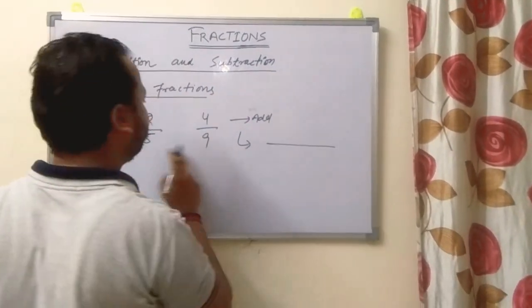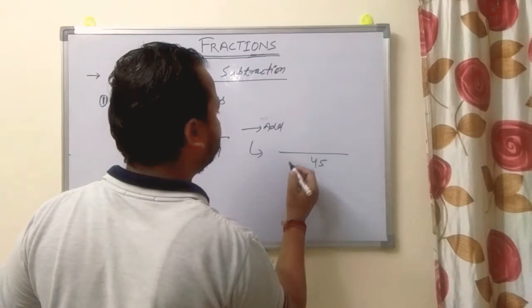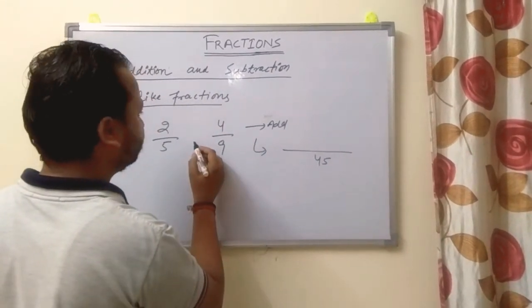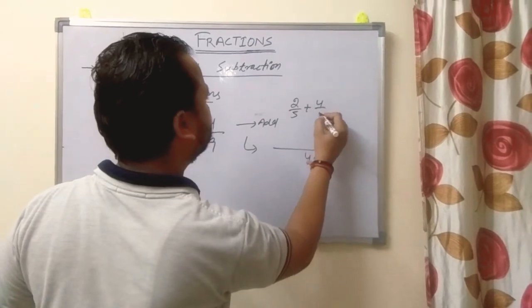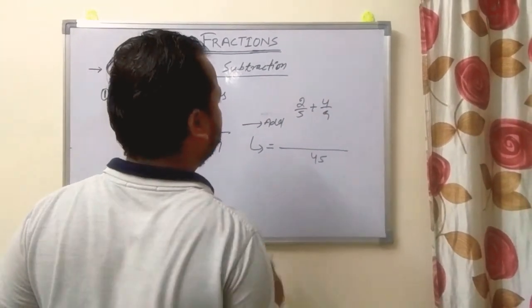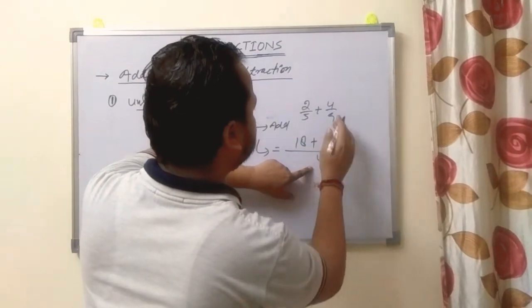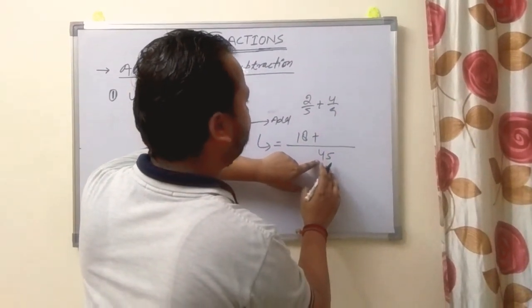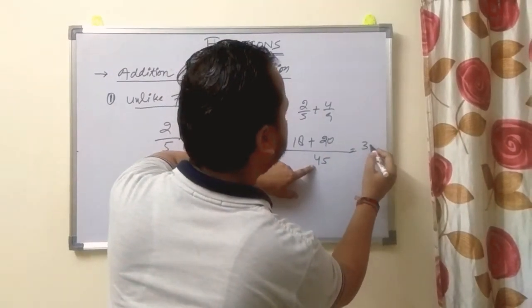Take the LCM of 5 and 9, that is 45, right? 5 nines are 45, 9 twos are 18, plus 9 fives are 45, 5 fours are 20, that is 38